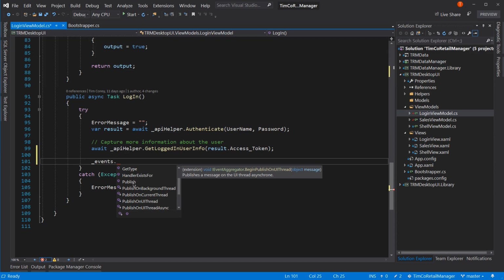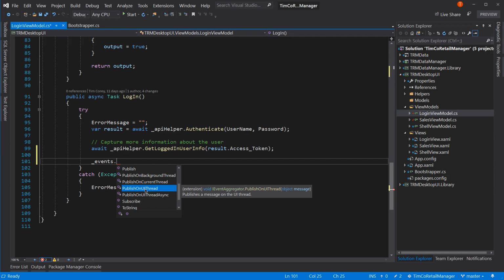There's actually a few of them. There's publish on background thread, on current thread, on UI thread, and UI thread async. The one I want is publish on UI thread. What it's going to do is make sure that if this were to have slipped off the UI thread and gone to a